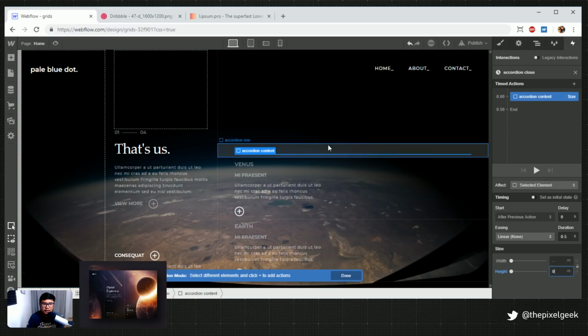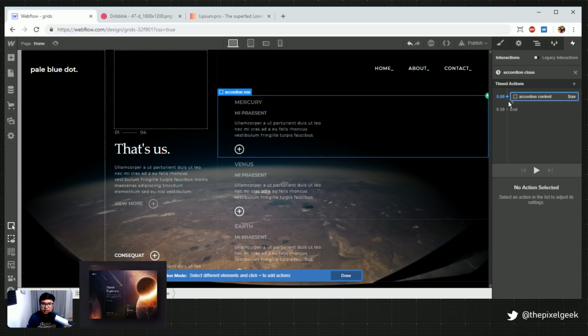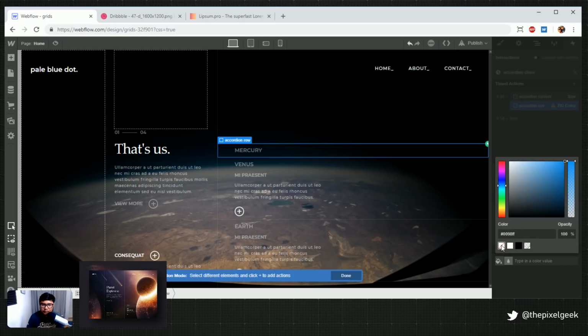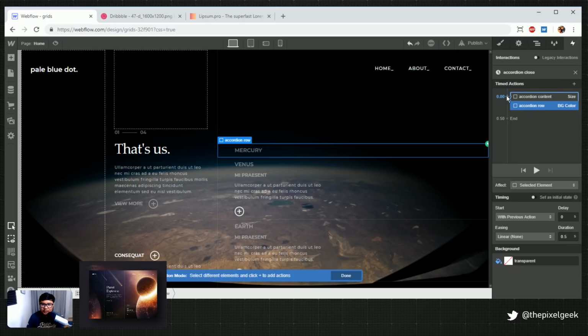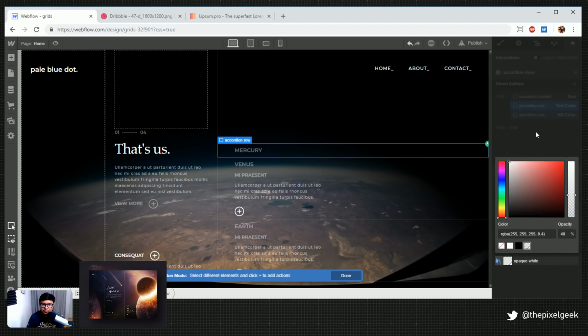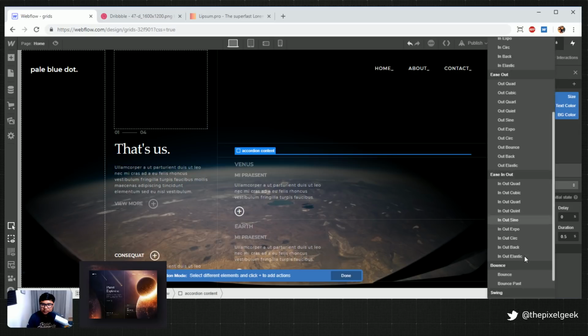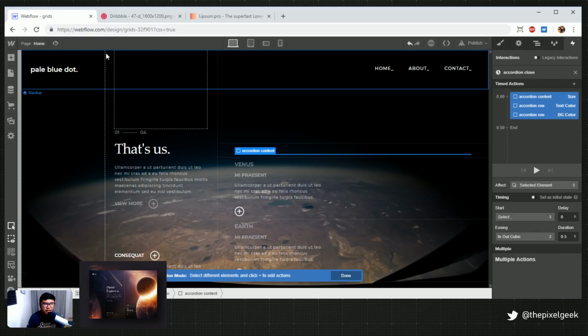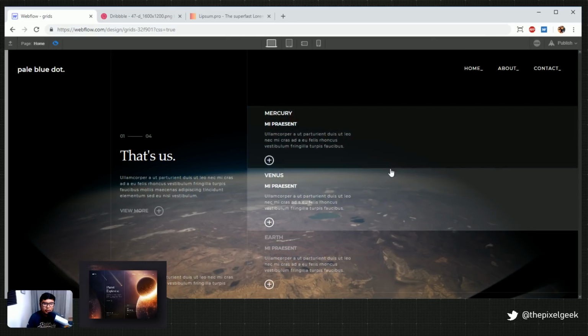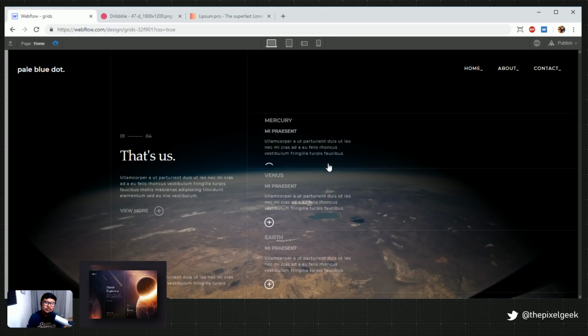This background color will be set to transparent. And lastly, the text color will go to this. And that's it. Now let's set our easing to the same thing, in out cubic. Boom. JavaScript. Done. No coding.